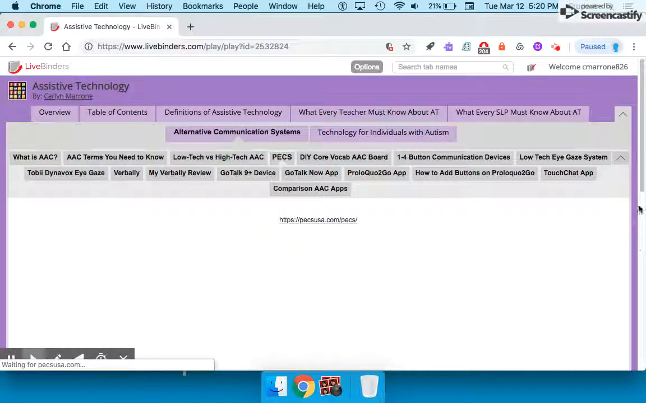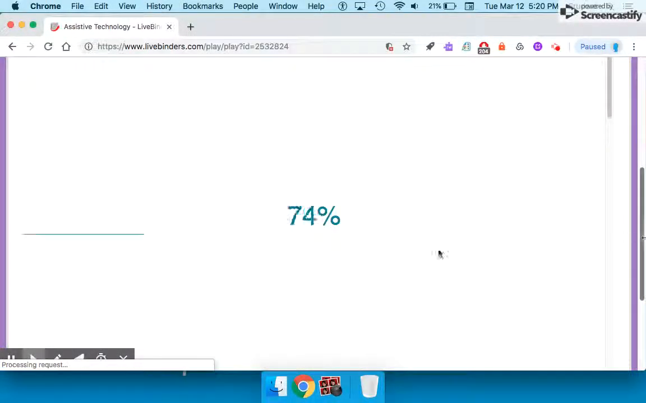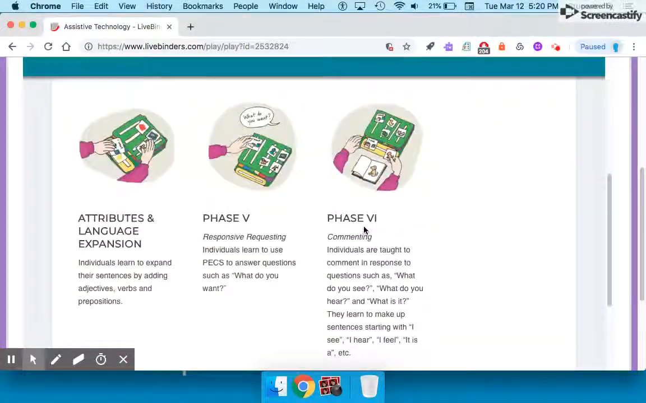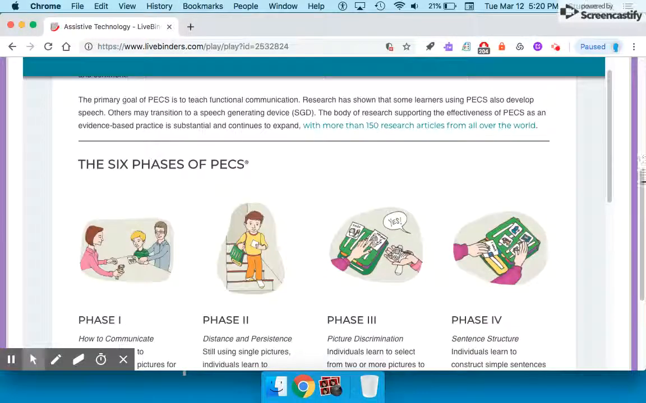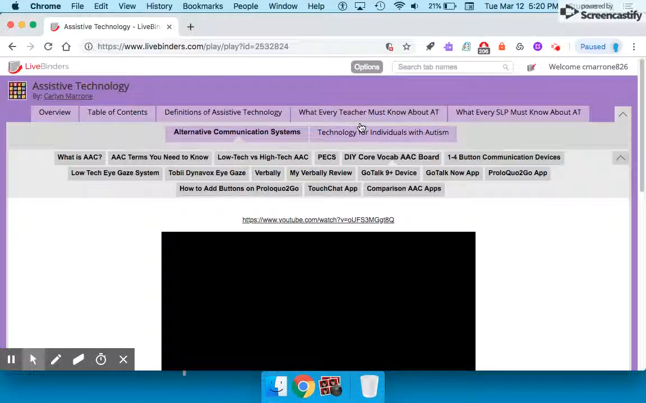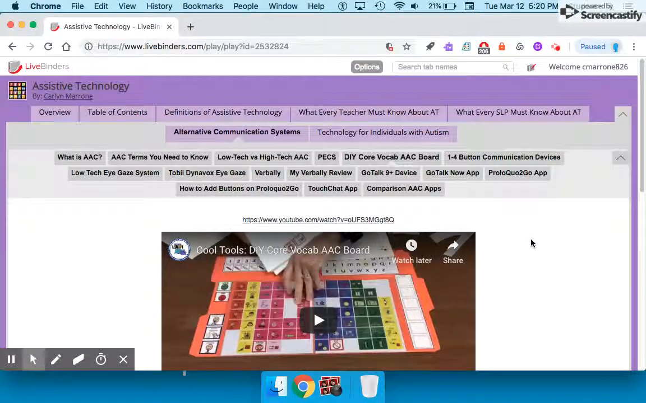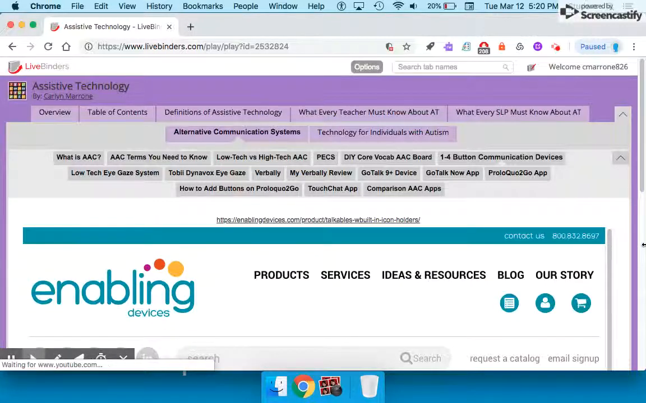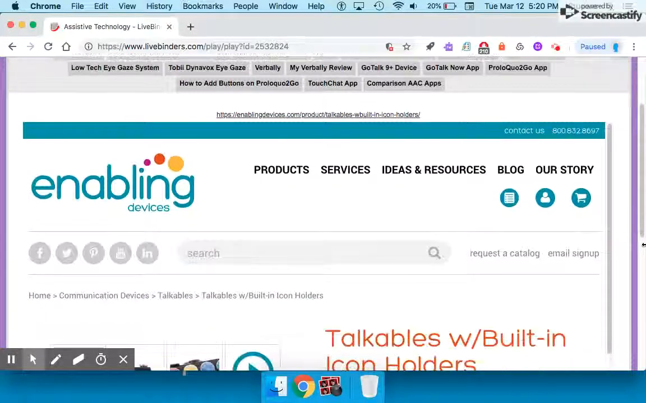This is PECS, Picture Exchange Communication System. The PECS website goes into the 6 phases of PECS and gives examples of them. Then I found this video of someone who made a core board and just shows the ease of how you can make one yourself. I provided a link to a 1 to 4 button communication device, which you record your voice